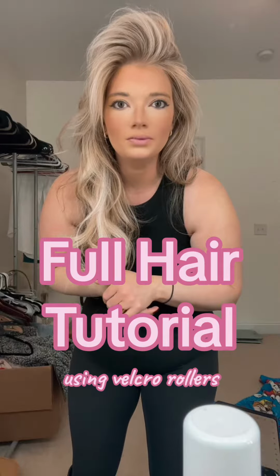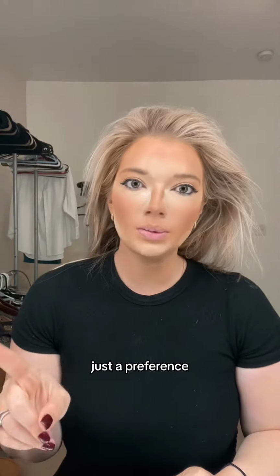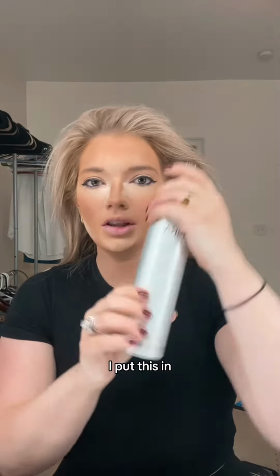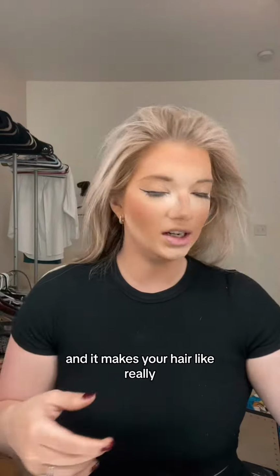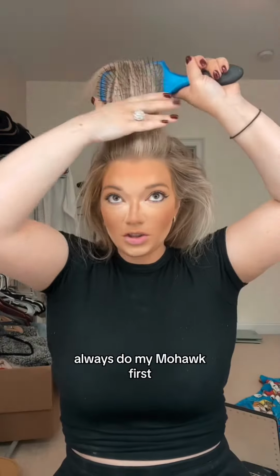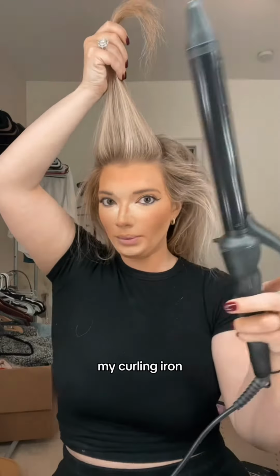I look like a cockatoo. Let's do my hair together. Just a preference, I blow dry. I put this in my natural hair and it makes your hair really textury and kind of dirty. I always do my mohawk first, my curling iron,